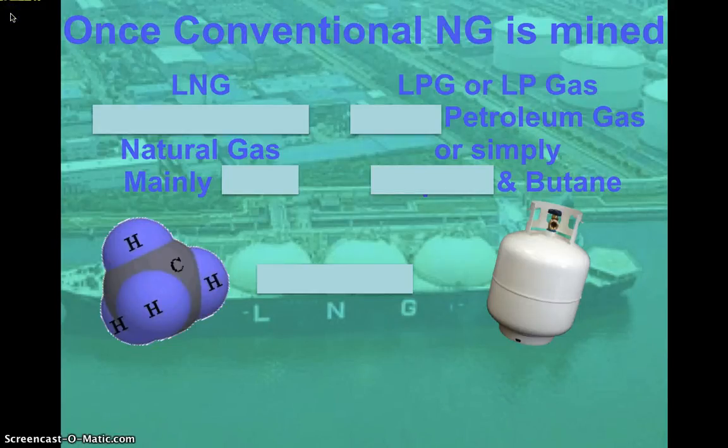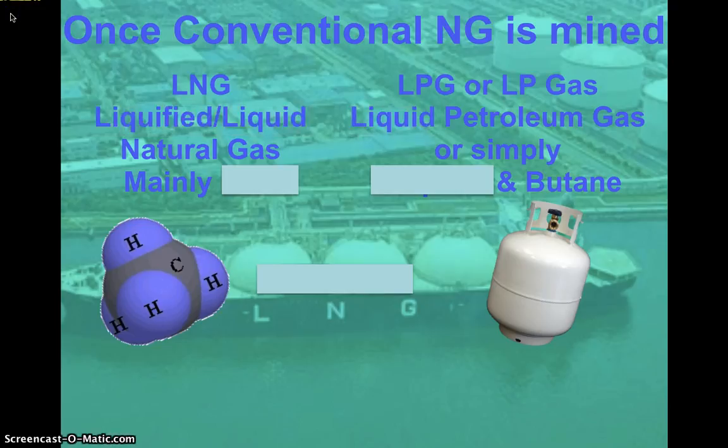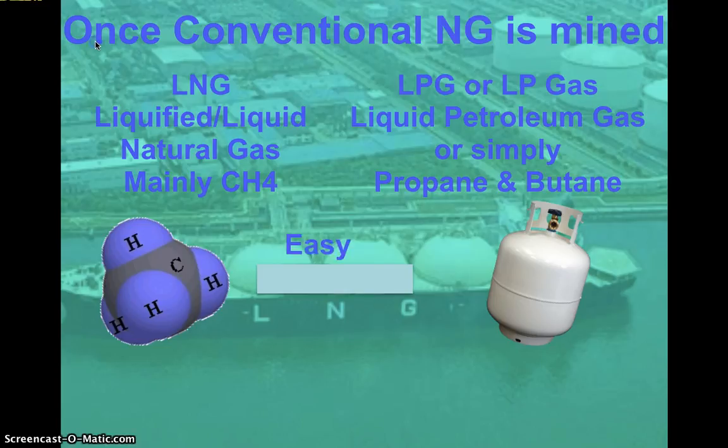Once the natural gas is mined or extracted, it's usually converted immediately into these two forms of natural gas, which is liquefied natural gas or what they call liquefied petroleum gas. Both are forms of natural gas, even though it says petroleum because it's a mixture. But the reason it's done is because it makes it easier to transport. And again, remember that it's mainly made up of methane versus the petroleum, where you'll see words like propane and butane. And again, we do this because it makes it easier to transport.